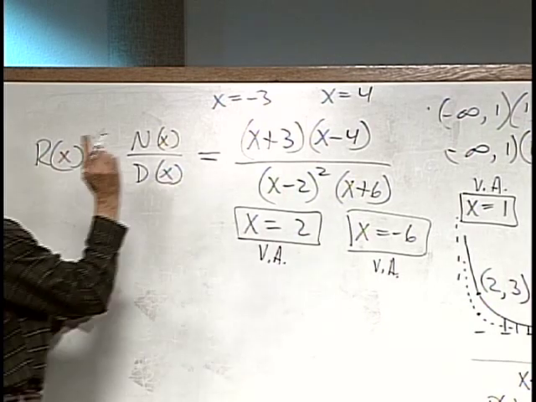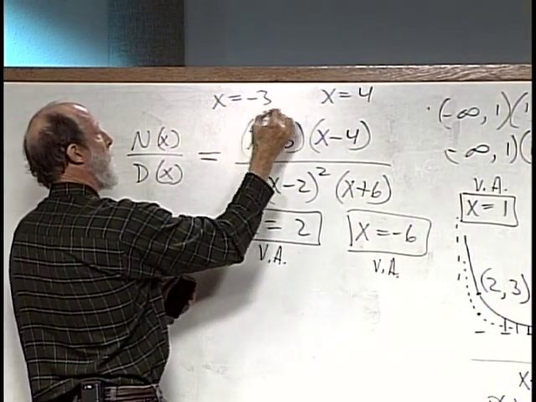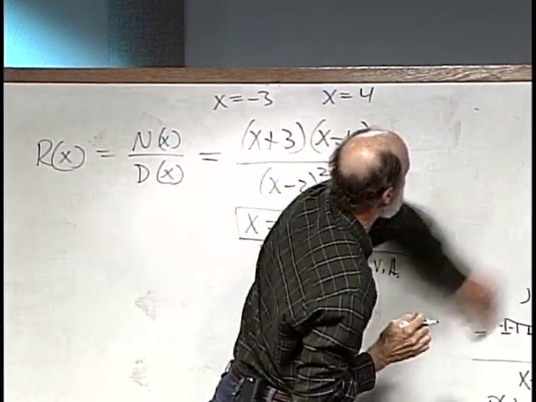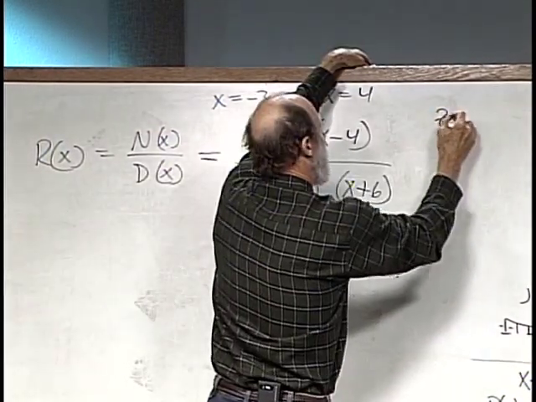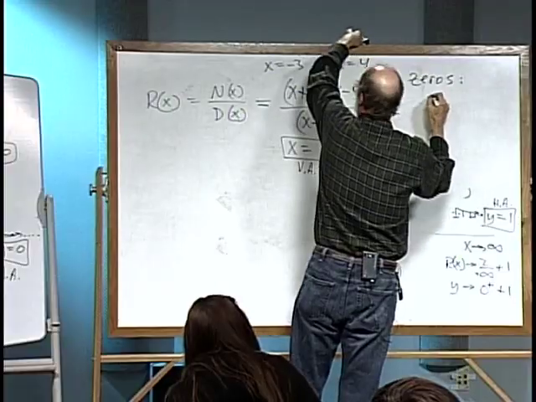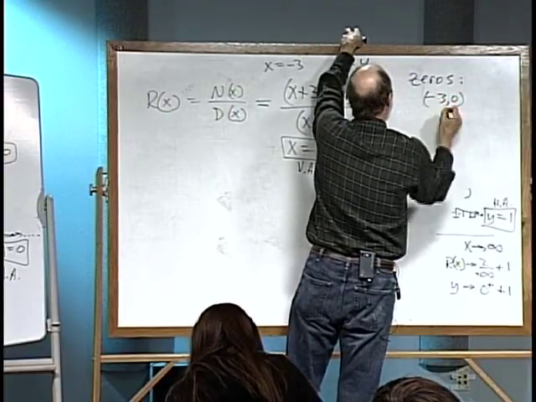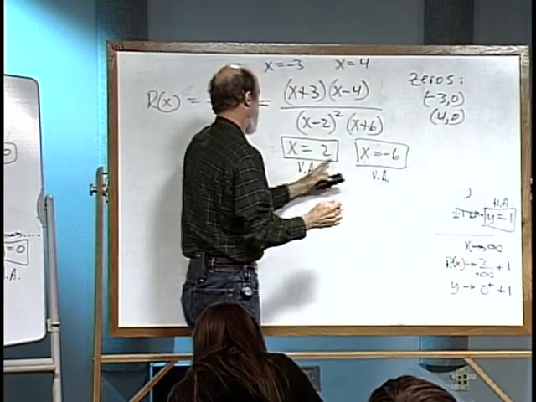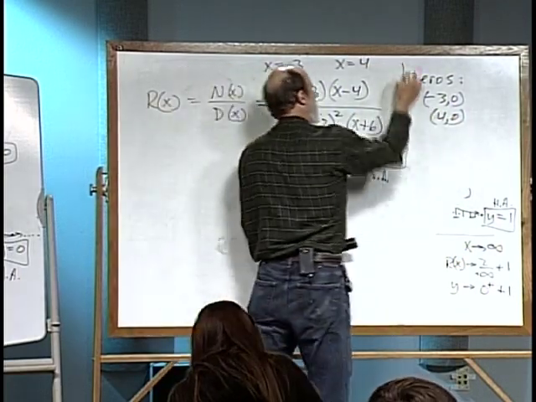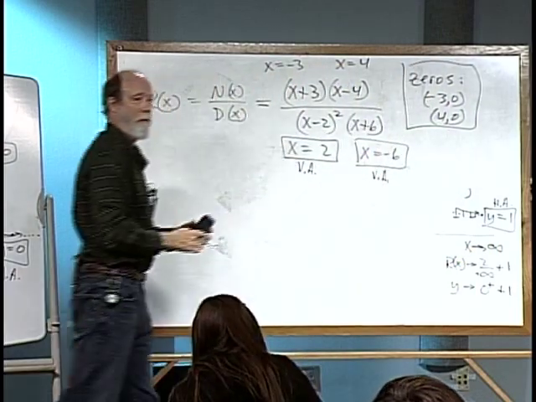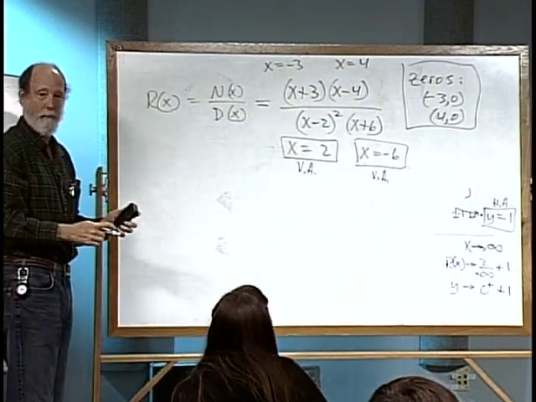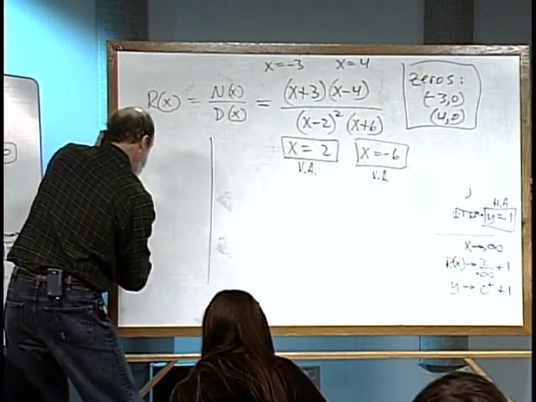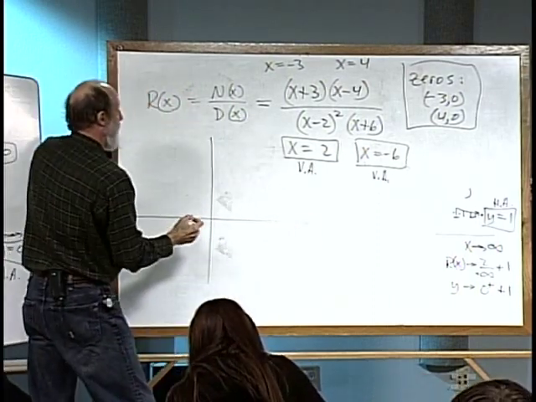Okay, so we're going to have zeros at -3, 0. Let's see if I can tuck that information in over here. Zeros at -3, 0 and at 4, 0. And then we've got our vertical asymptotes already laid out here. So we got some good information from which we could start drawing some of this. Okay, so here we go. At 2,